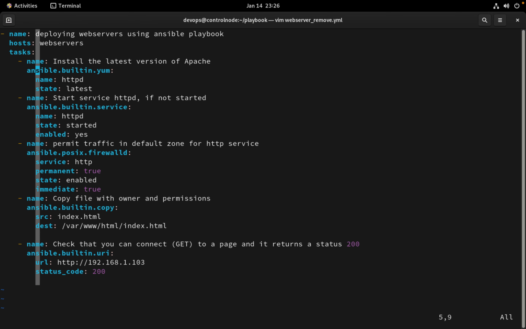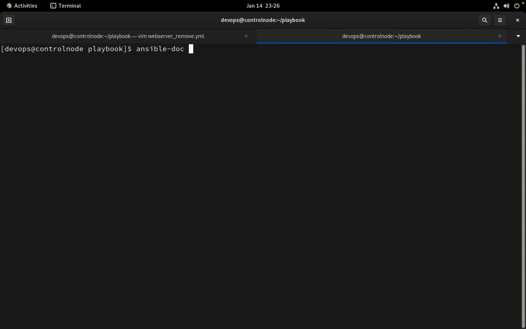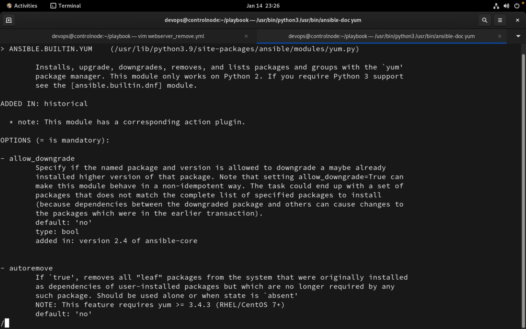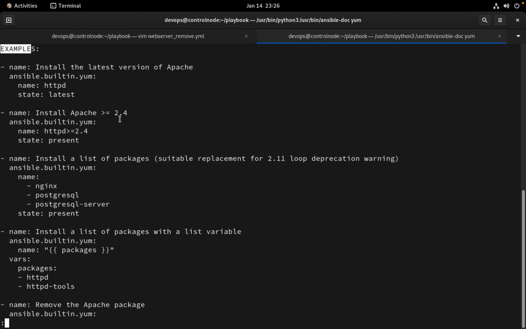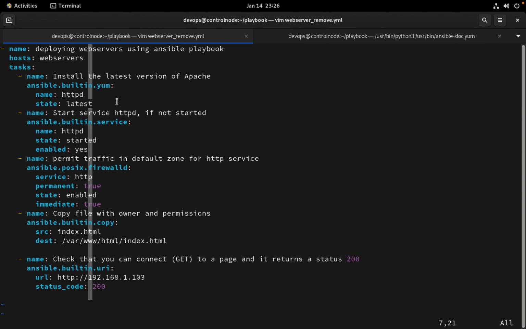Now, in the last video we installed the HTTP package. Since we are going to remove this configuration, let me open a new tab here for the Ansible doc, and see an example of how we can remove that. Scroll down. Yeah, so to remove the package we have to specify the package name and state absent. So I'm going to change it to